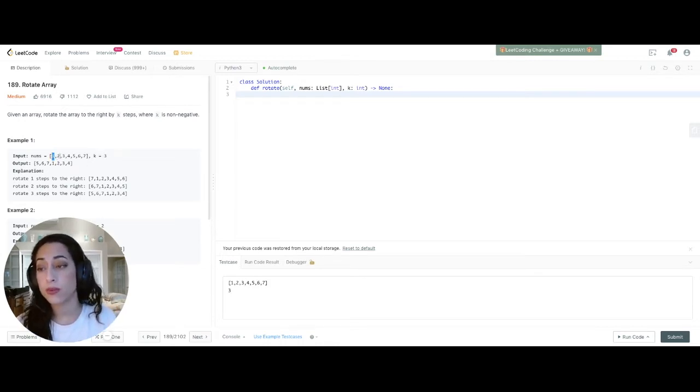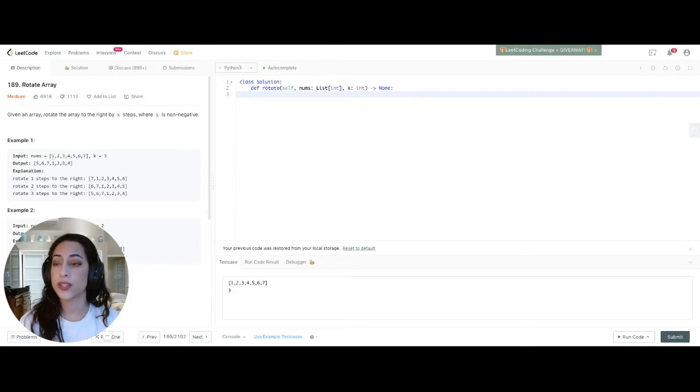So 1, if we rotate it by 3, is going to end up in the fourth position, which we see here after 3 steps to the right, okay? So we could just say, all we need to do is add 3 to the current index, and then we will get our new position. That is